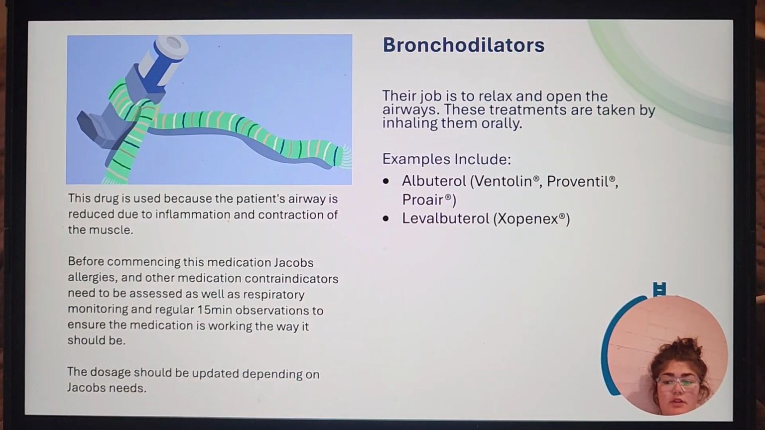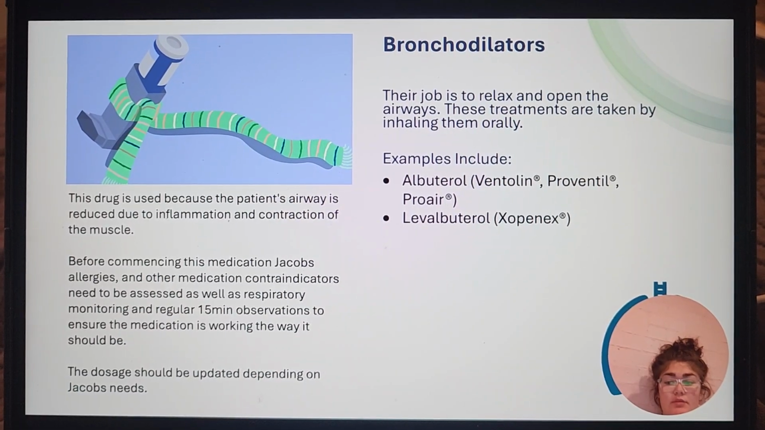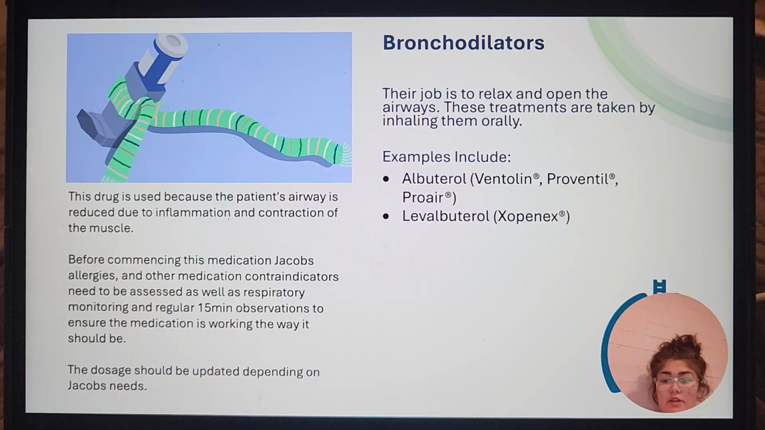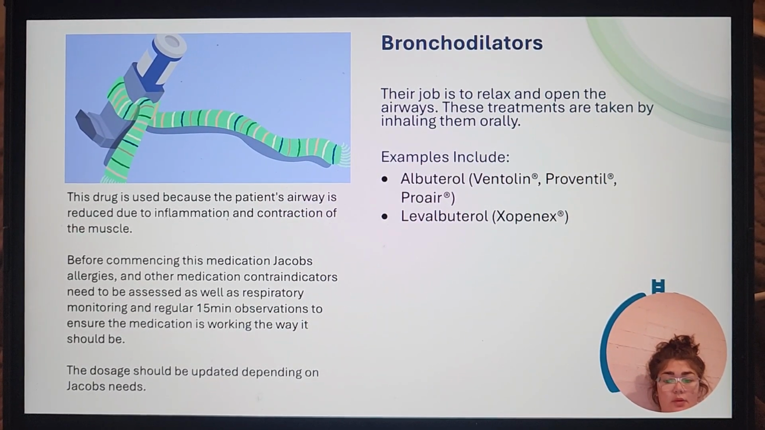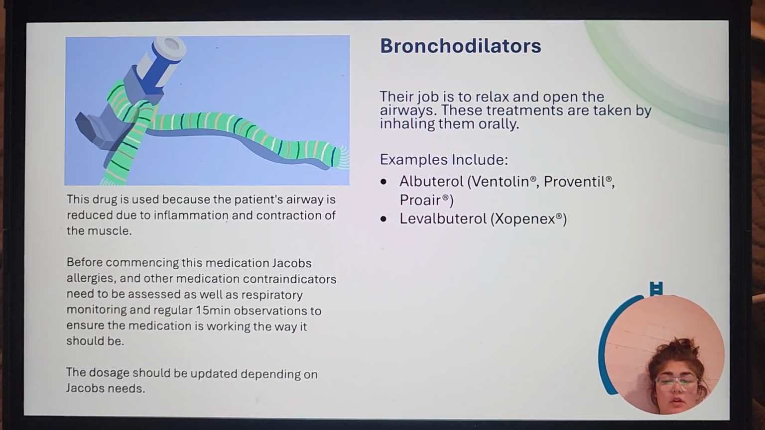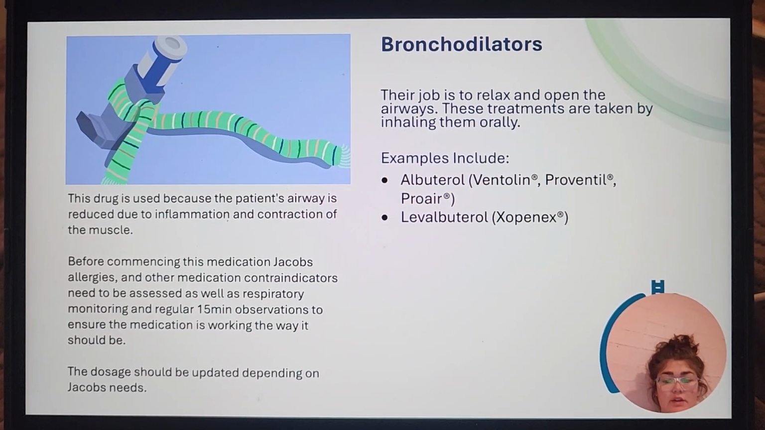Bronchodilators are medications that work to open up the airway by relaxing. In cystic fibrosis, short-acting beta antagonists are used. These are inhaled orally through a metered dose inhaler. Less common, but they can also be taken through powder inhalers or nebulizer. This drug is used because the patient's airway is reduced due to inflammation and contraction of the